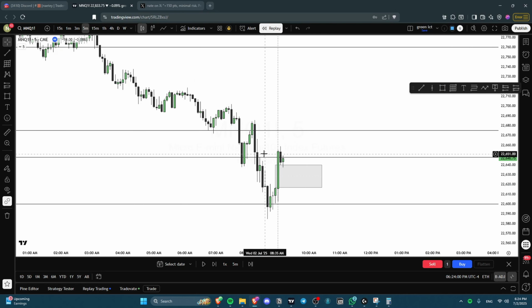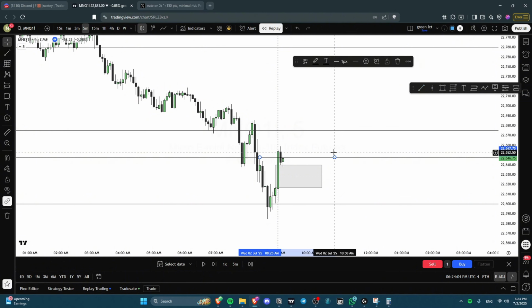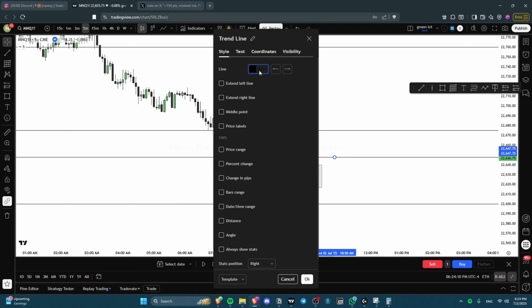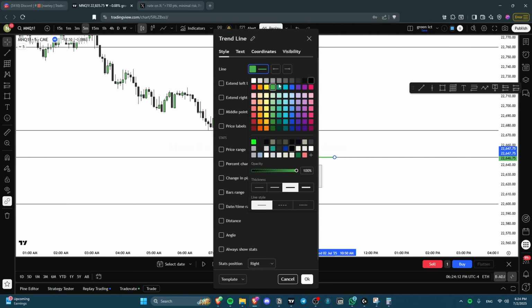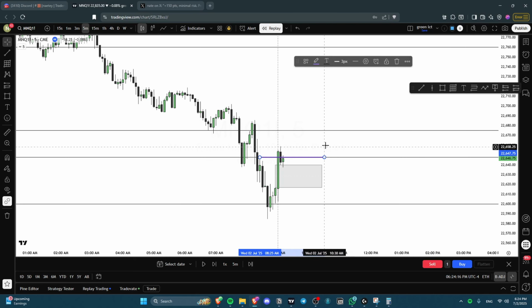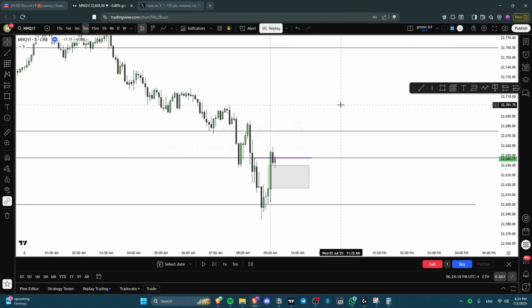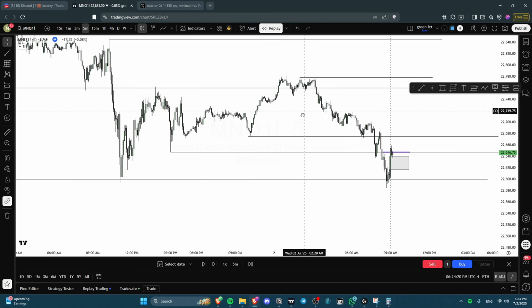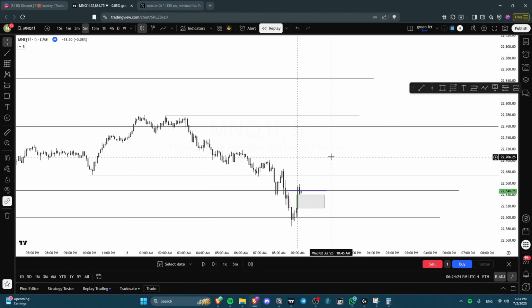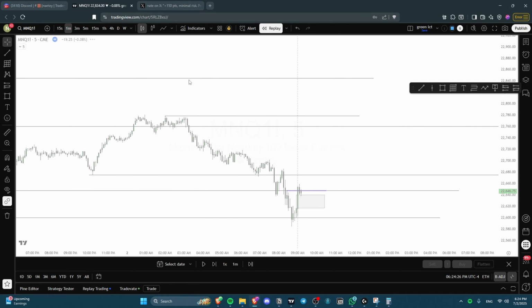So we got change in the state of delivery. So close above a prominent high right here. I'll make this bigger for everyone to see. Let's make it purple, right? This is the change in the state of delivery. We have clear buy targets all the way up here. Okay. Now zooming in on the 1 minute,